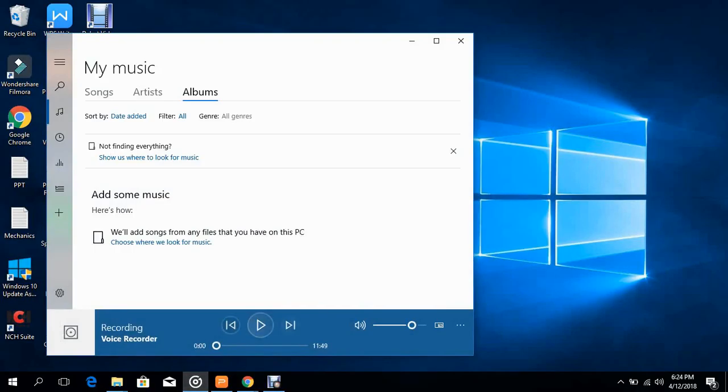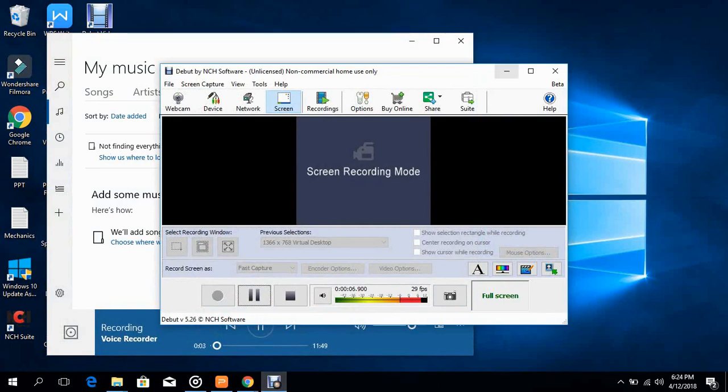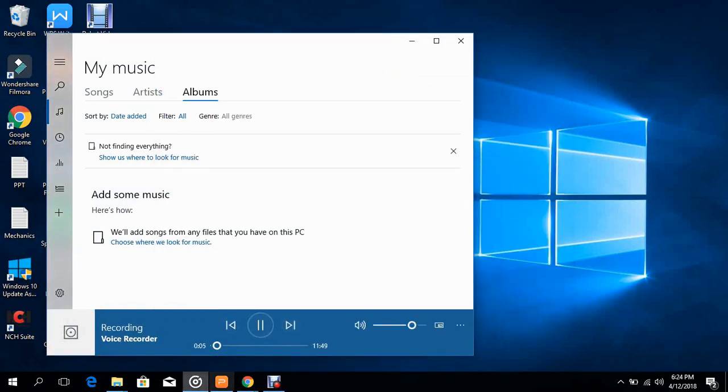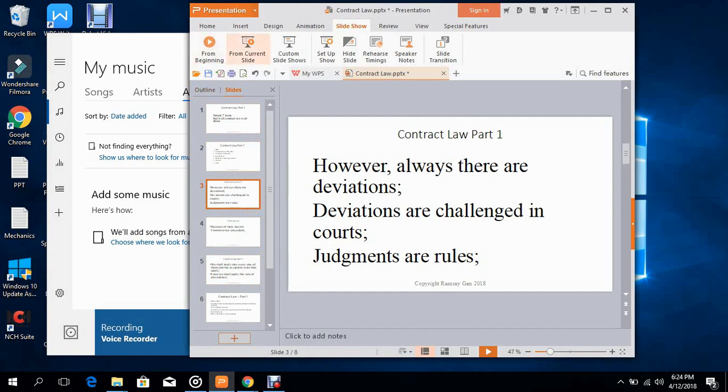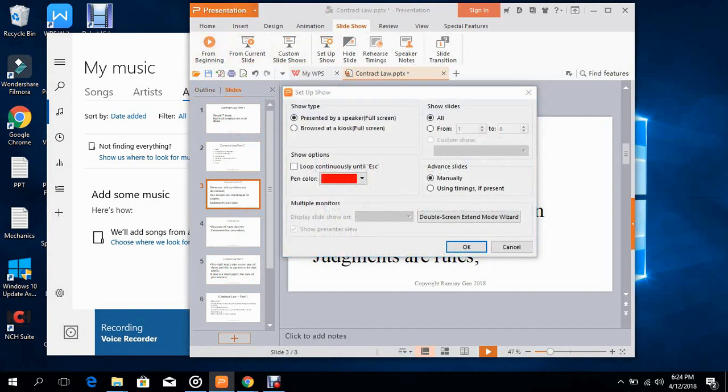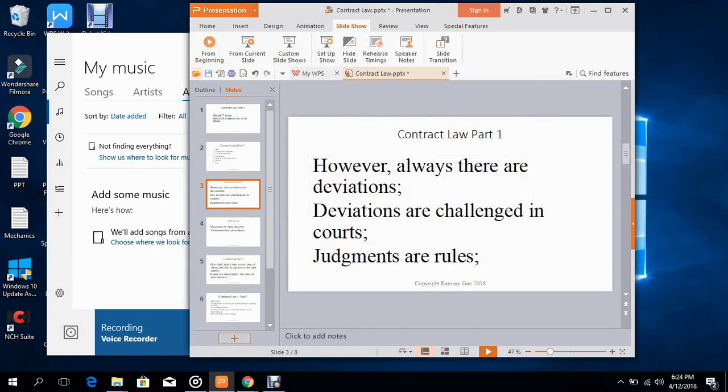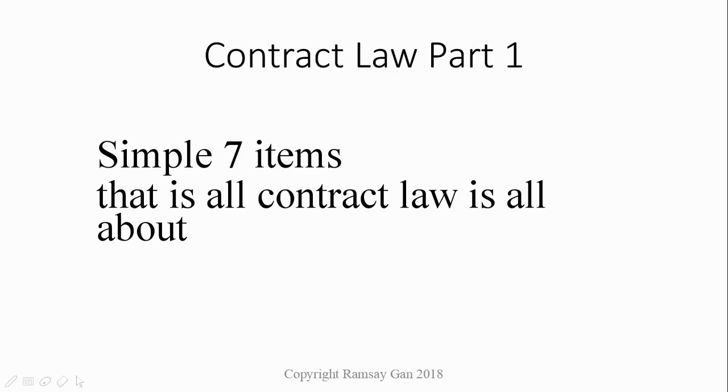Contract law, part 1. Contract law is actually a very simple concept to understand. It is the basis of living in this world, doing activities, interacting with other parties or people you may want to do business with, doing transactions with, or any transaction that you may wish to perform with other people. Basically, contract law